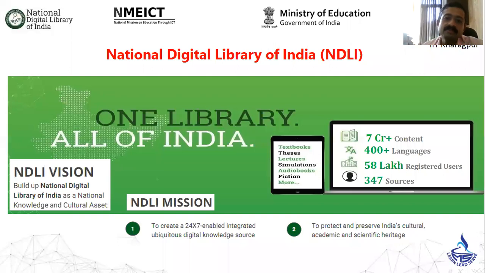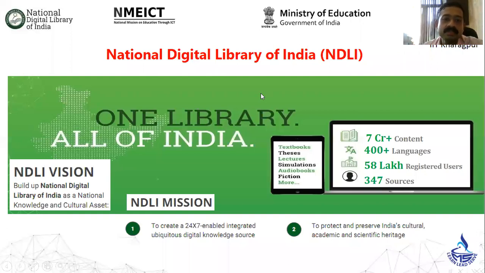At that time, government thought of integrating all these portals into one. That means the content of all these portals can be accessed through one portal. That is nothing but National Digital Library of India.